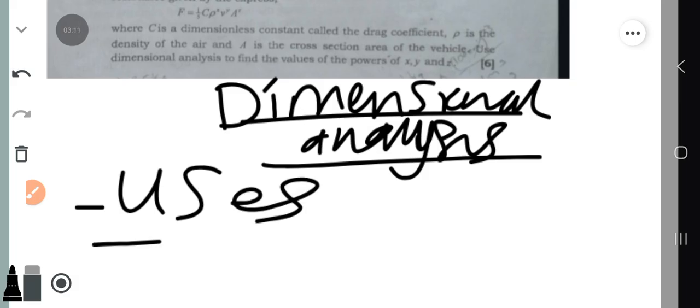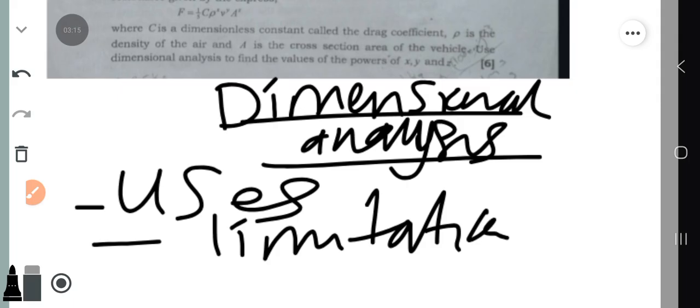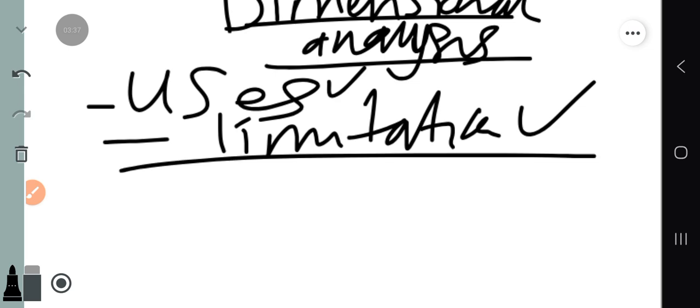Number two, we have limitations of dimension analysis. So as a student, you need to know the uses of dimension analysis and the limitations of dimension analysis. It is from these two where all questions are asked, all right? Now, the two most important uses of dimension analysis that I love to tell every student, right? If you look at the uses now,